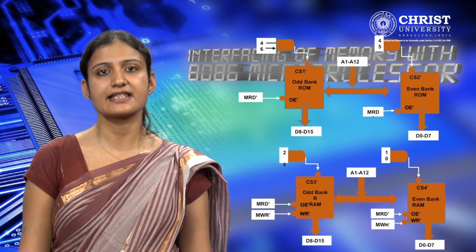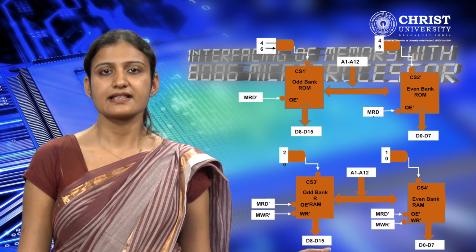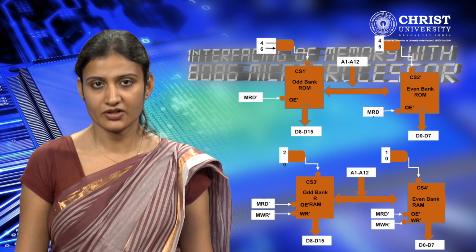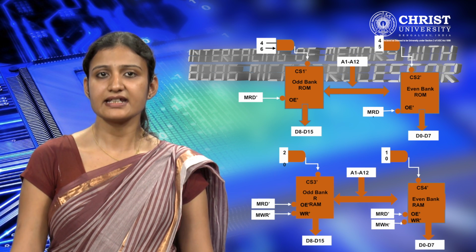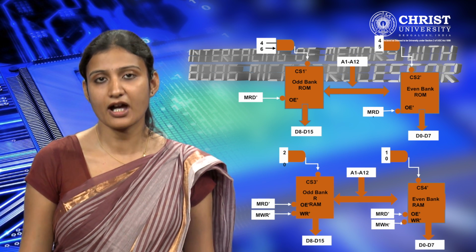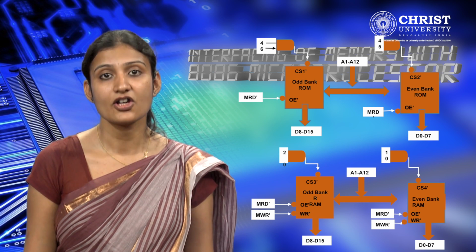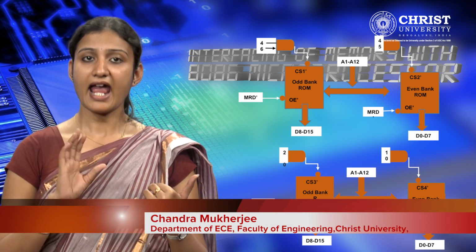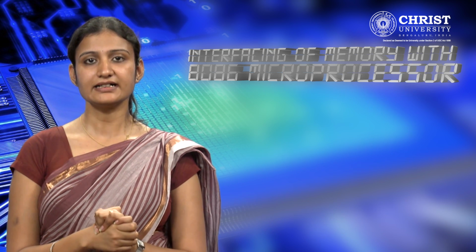Finally, we have to connect the chip select signals for the decoder part. So, CS1, CS2, CS3 and CS4 are indicated for odd and even of ROM and odd and even of RAM respectively. CS1 is connected to the 4th and 6th output pins of the decoder. As we have explained the logic previously, you have seen odd of ROM will be selected 2 times: when you are accessing both even and odd, and when only the odd portion is to be selected. The same logic is to be followed for the rest.